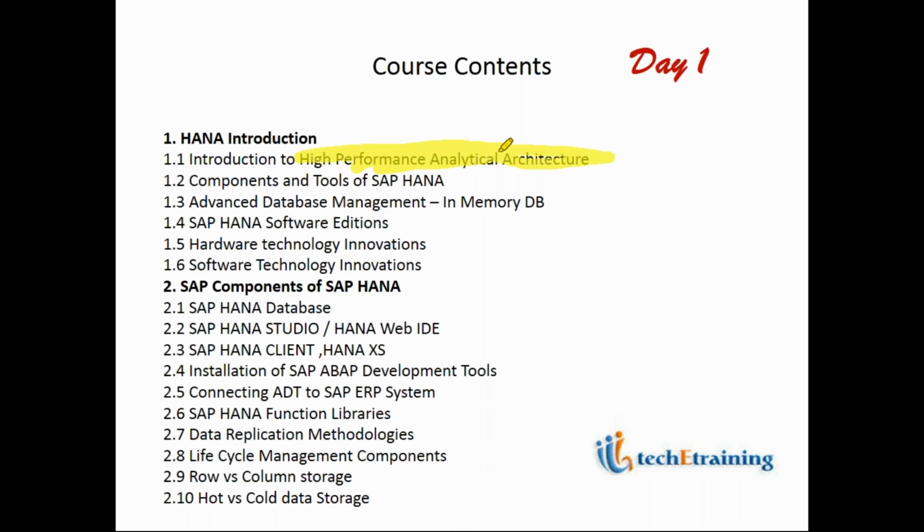Everything we'll discuss. Before discussing that, last session also I gave some introduction. Again, I'm going to give a little bit of introduction. HANA works on an in-memory database. First of all, if you are talking about HANA, you have to talk about the in-memory database.